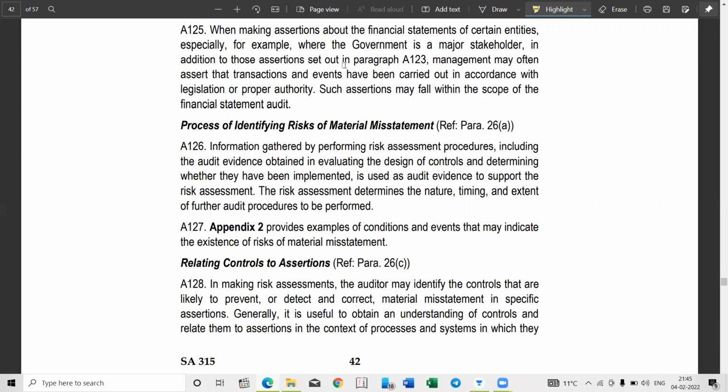Radhika, is Mudit right or wrong? Right, but... Your voice is coming very low, yesterday also and today.